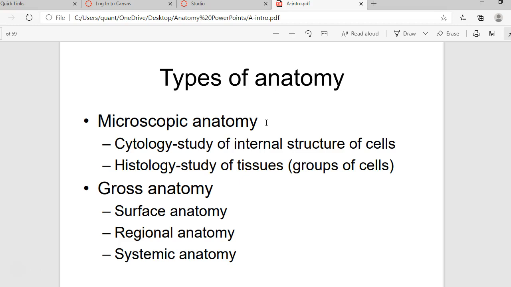So gross anatomy, that's the big stuff. So the stuff you can see on the surface, that's the surface anatomy. Whereas regional anatomy, think of a foot, like a podiatrist, their region is the foot. And so basically they have to know all of the nerves and the blood vessels and the muscles and the bones in that region. Systemic anatomy, that's studying one of the 11 organ systems. Some books divide your organ systems into 12, but here we lump lymphatic and immune together. So an example would be like the digestive system or the respiratory system or,